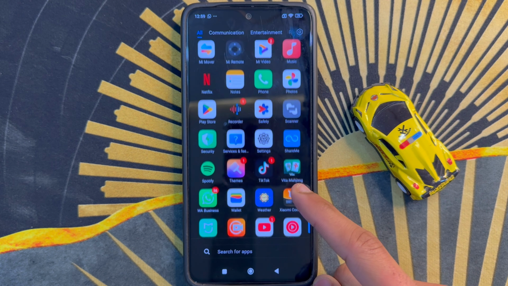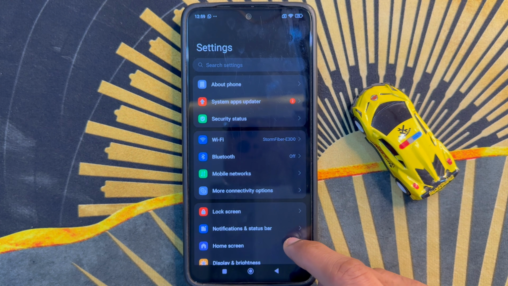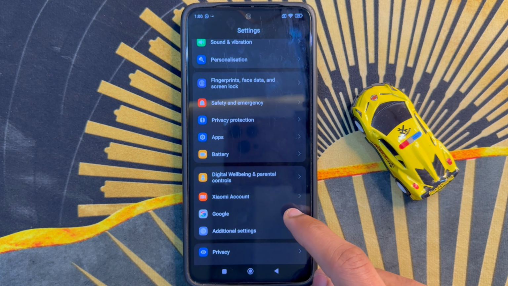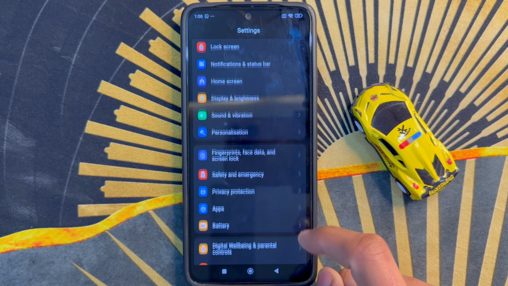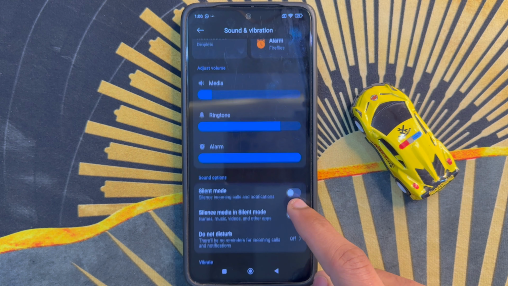Here click on settings app. Now in settings, scroll down and click on sound and vibration. After you click on sound and vibration, if you want to